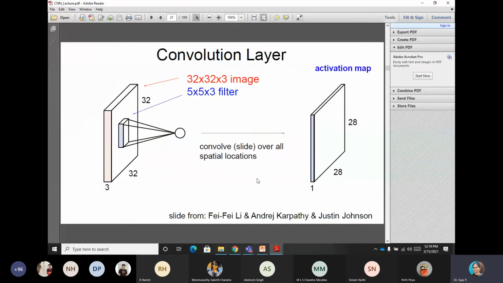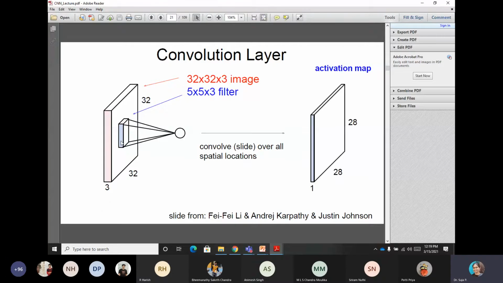So if you are using a 5 cross 5 filter on a 32 cross 32 image with colors, then the RGB corresponding filter elements and image elements will be multiplied and added together, and the result is put in that particular cell element. So you get only one output for one filter.